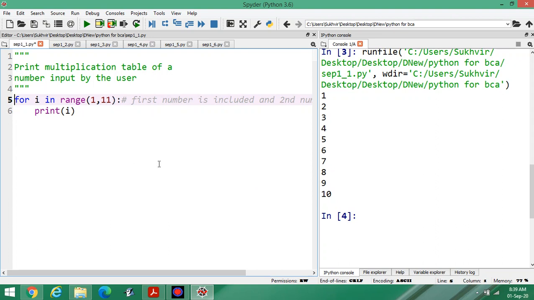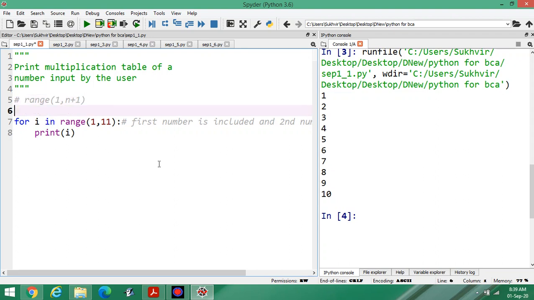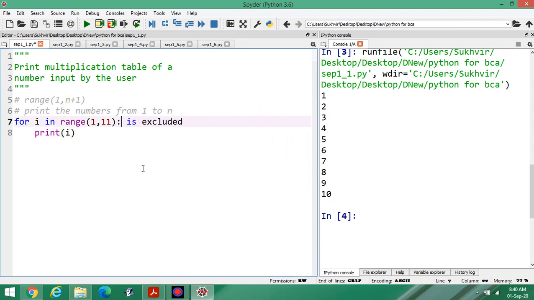Or we can say, if I write range 1 to n plus 1, then I can print the numbers from 1 to n. Similarly, I can print the numbers in reverse order.